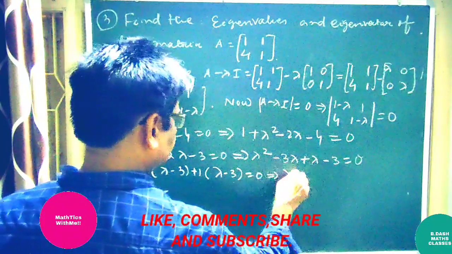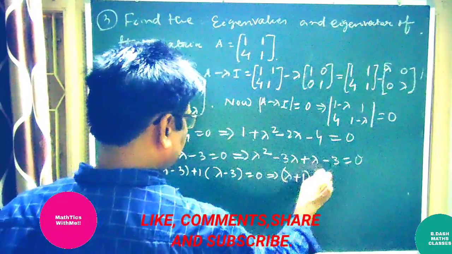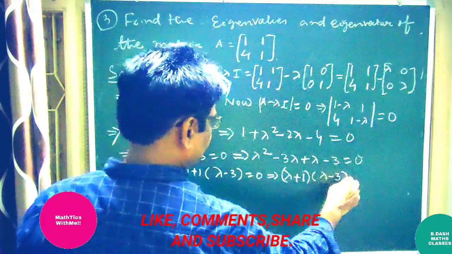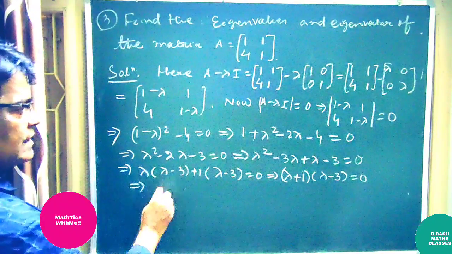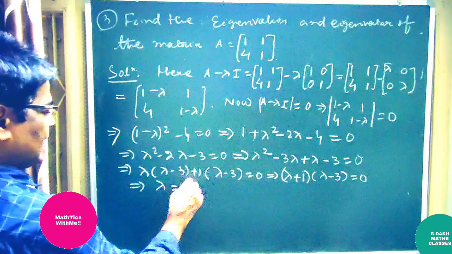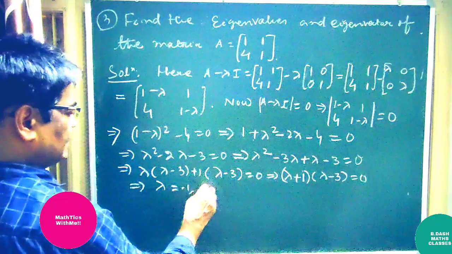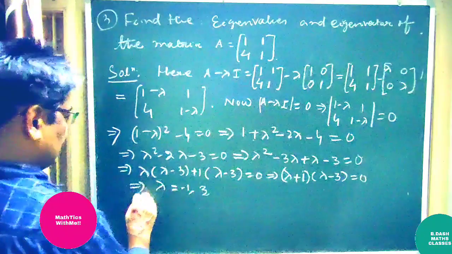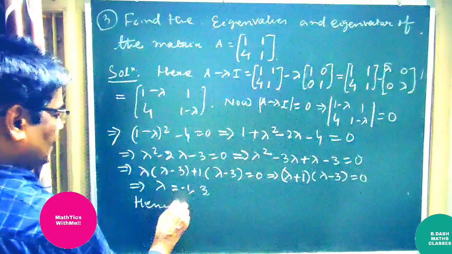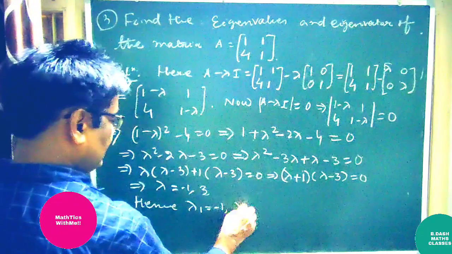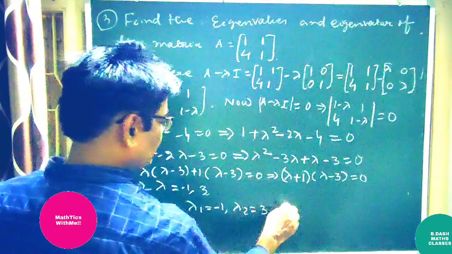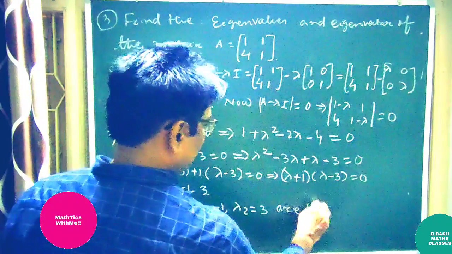This gives us (lambda plus 1)(lambda minus 3) is equal to 0. So this gives us lambda is equal to minus 1, 3. Hence, lambda 1 is equal to minus 1, lambda 2 is equal to 3 are the required